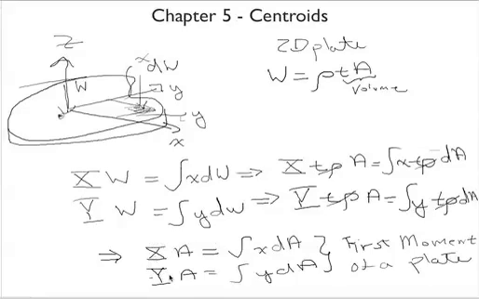This x bar A and this y bar A are called special. These big X and big Y have a special term: this is called the x location of the centroid and the y location of the centroid, right? Because this is the effective location where all of the weight of the plate acts, and this is the effective location where all the weight of the plate acts with respect to the y-axis. So these two first moments help us figure out the centroid, also known as the center of gravity for these particular materials. All right, so that's how we calculate it. You'll use these integrals later on. We won't do it in this section right now, but